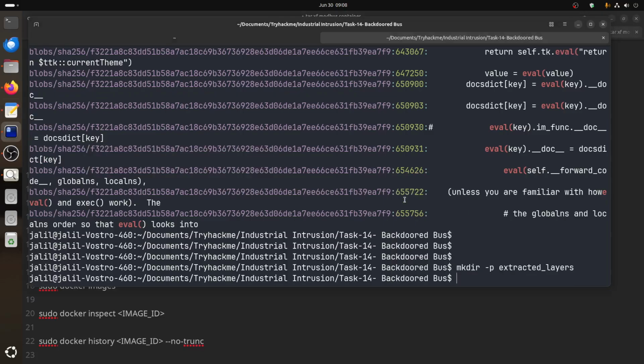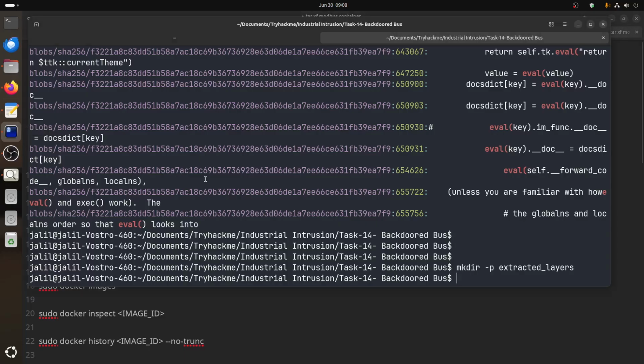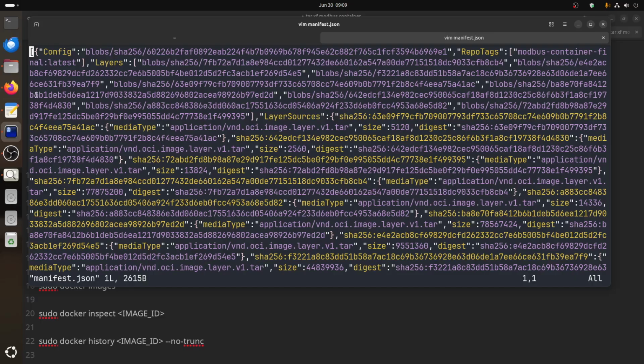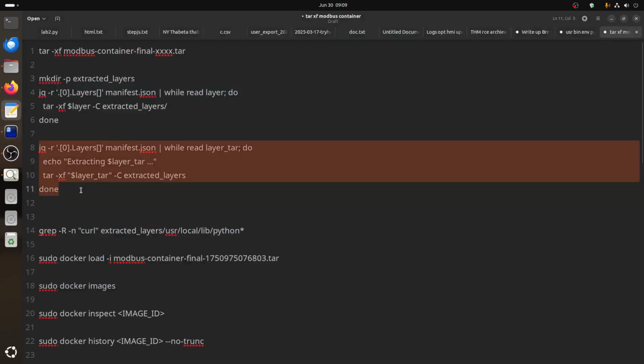Let's create that directory. And now what happened is it used the manifest. Remember, we have that manifest file. The manifest will tell all these blobs. This is the one we're looking for, all of this sha. So this little script, I will share it. For example, if I run this now,